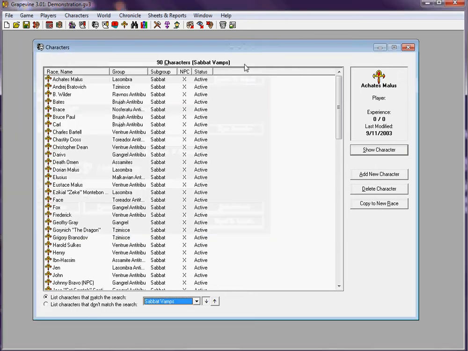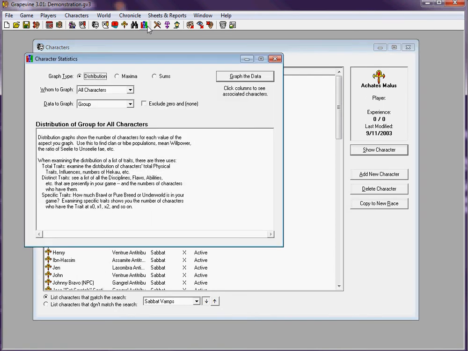So from there we go on to data mining. For that you're going to go to the character statistics icon at the top. Looks like a little bar graph. There are a few different ways to look at the data here. I'm going to start off using influences as an example because it's what I tend to use it with the most. So if we go down to influences,